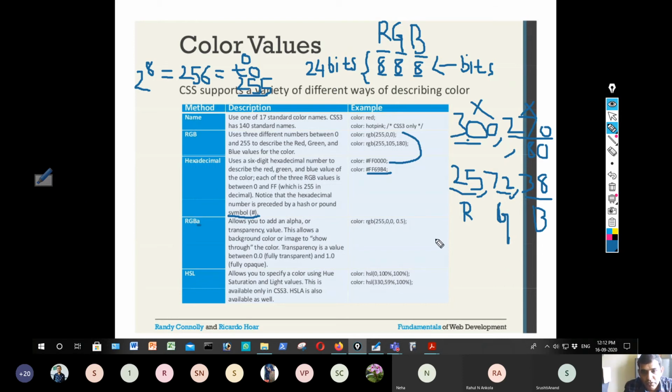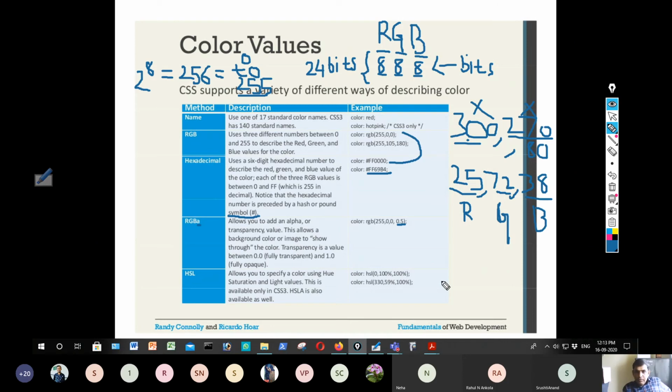So if I give 255, 0, 0, 0.5, where 0.5 is the transparency value, it says that 50% of the background of the element should be visible. So a transparency value of 0.5 means 50%.